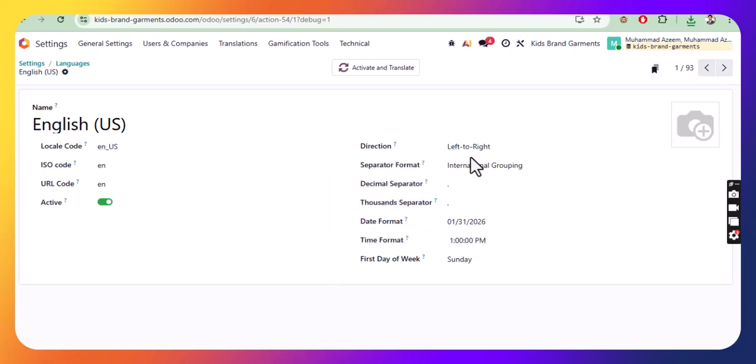For direction, we are currently using left to right. For some like Gulf countries, they're using Arabic format. So for Arabic format, they use right to left. So we can change that direction here as well. We can change separator format, international grouping, and the other one is Indian grouping here, decimal separator, thousand separator, and